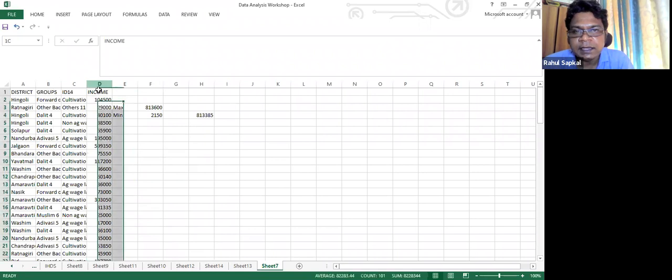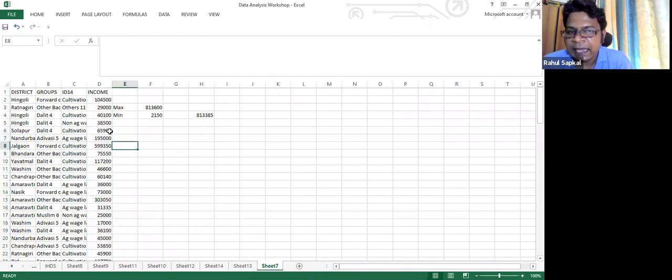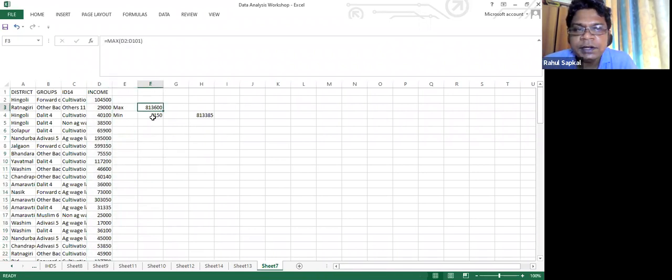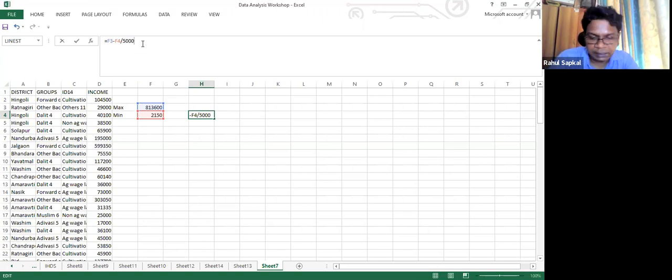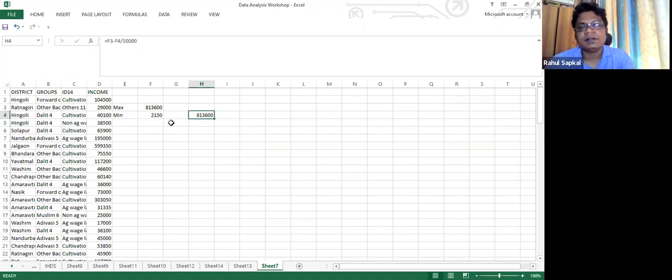This is my income value. Normally I can do it manually also. For instance, I have to know the minimum value and maximum value, which I have already got. But then I have to find out how many class intervals I should do. I can take 10. I can divide the classes. Let's say now the difference is very high. If I divide by 50,000, each class interval should have 50,000.